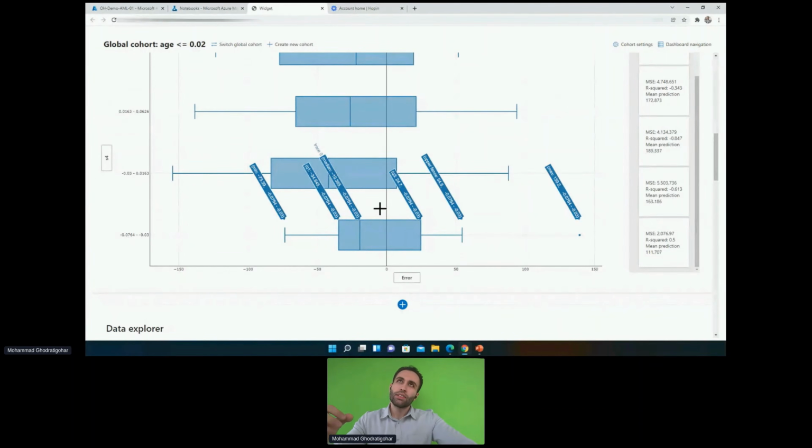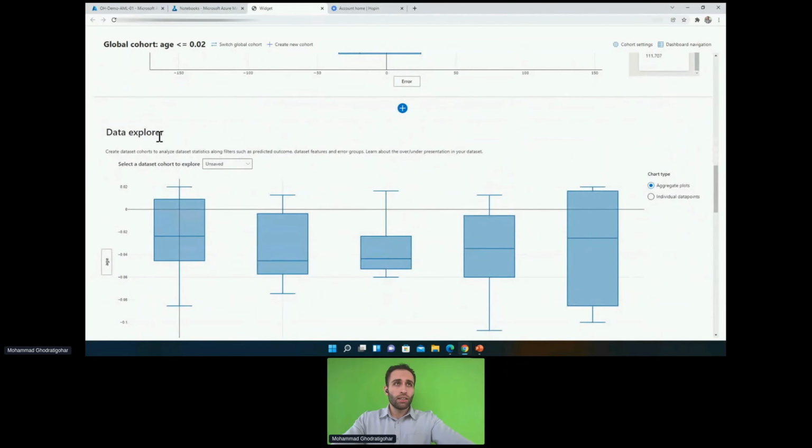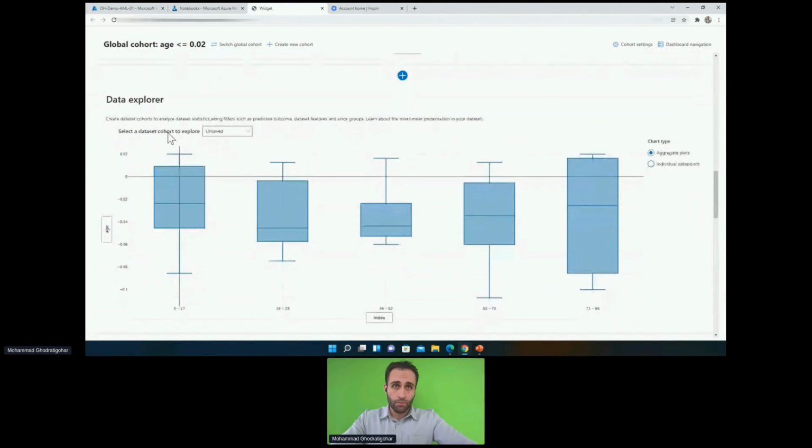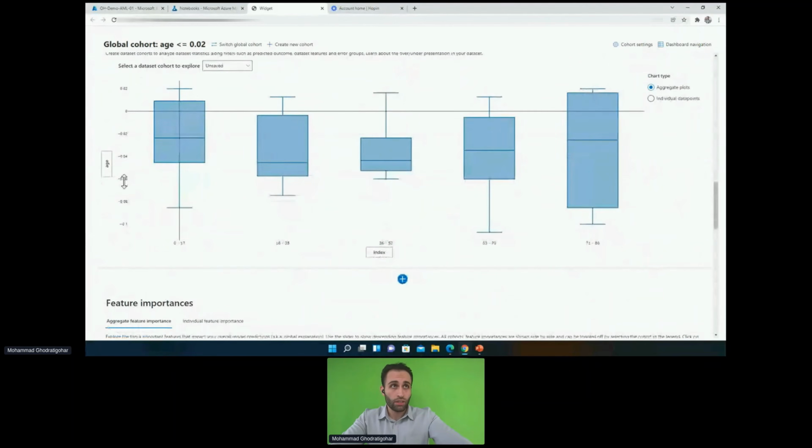Now I want to dig a little bit more on the data and explore the data specifically for this feature. Scrolling down, that's the time that I hit Data Explorer. What I'm going to do right now, I want to see the count of S4 or close to level feature to see if I have biased sort of collection of the data for this feature or not. That's why maybe the errors are distributed not equally within the feature ranges.